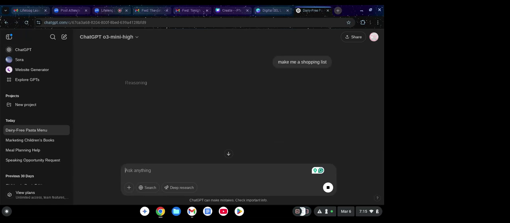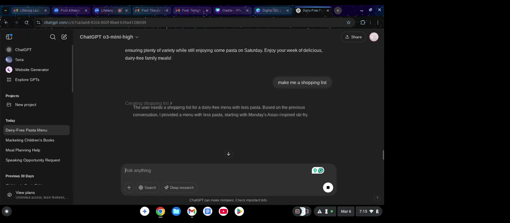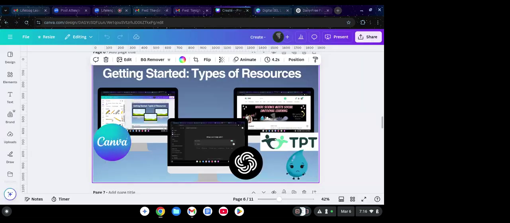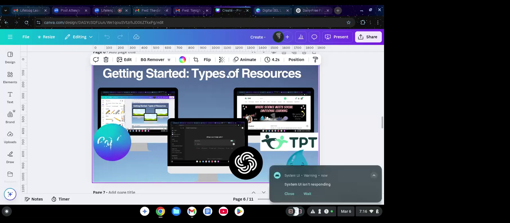So I checked through, I love all those meals. Now it's going to make me a shopping list, and I can just print this off, or if it's on your phone, it's right there and you have it. And so now I can just go to the grocery store and buy these ingredients. Again, my computer is being a little bit slow here. Apologize for that. So that's just a good way to get your feet wet and see how ChatGPT actually works. And I do have some other prompts that I'll share with you later that can be beneficial if you're creating materials. So going over to Canva,